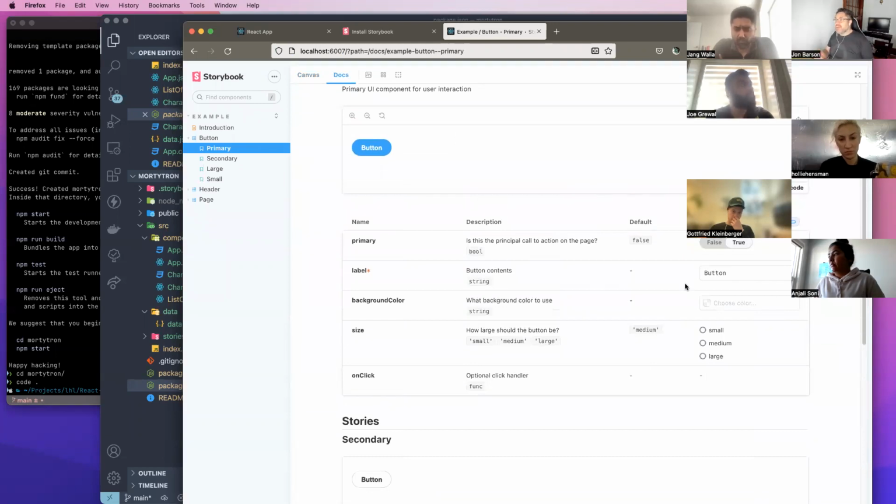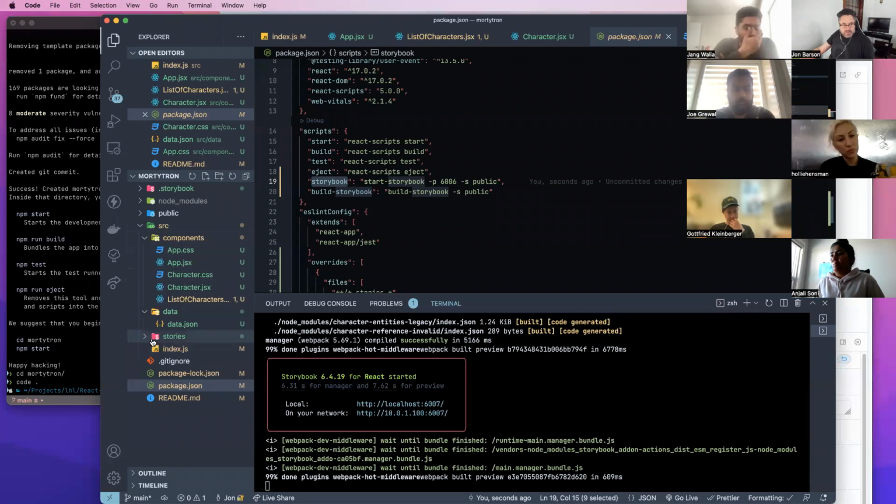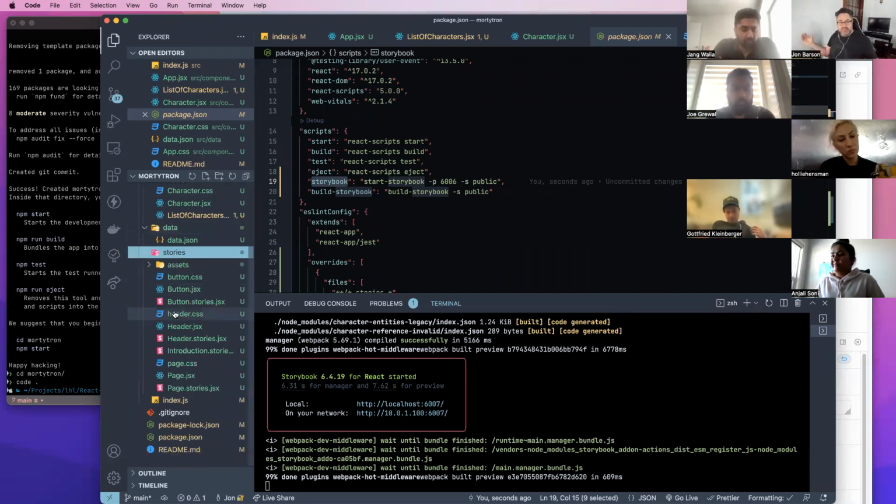Tell everybody everything they need to know about this component when they use it within your app. And here it is just rendered in the page. So all of these files that you see here have been added to stories. Now, we're going to add our own story, so we don't actually need all of this. I'm going to leave it in though, just so you can refer to it later